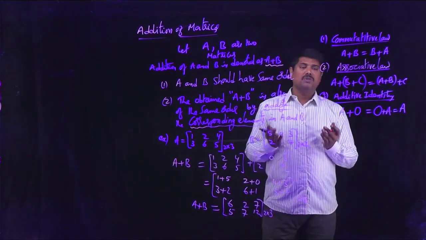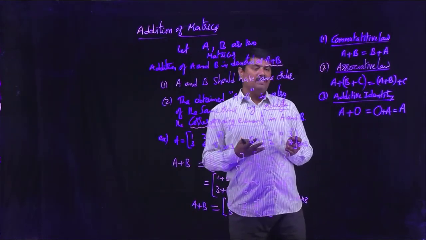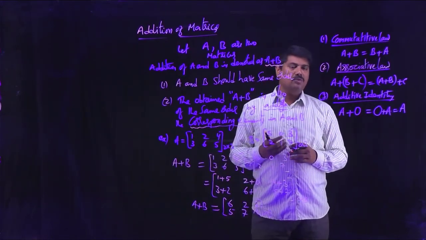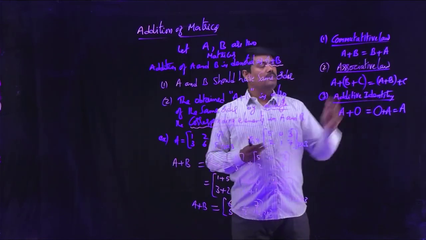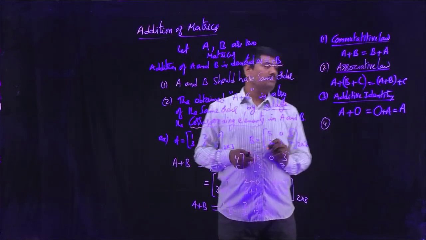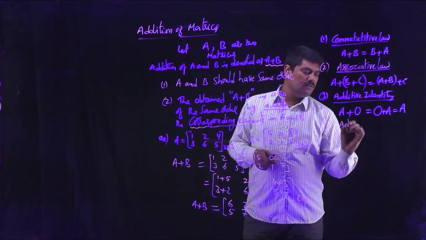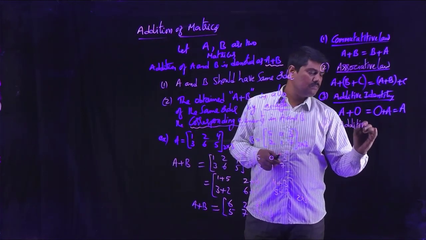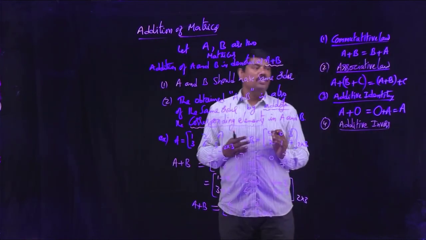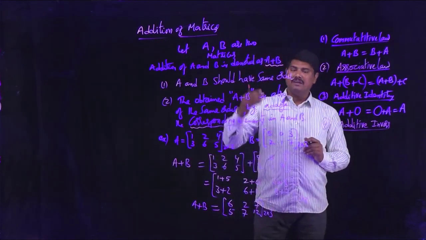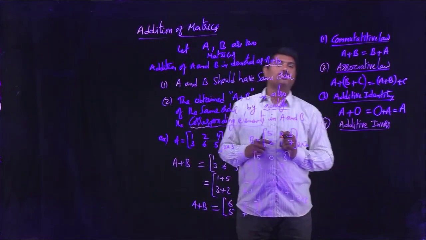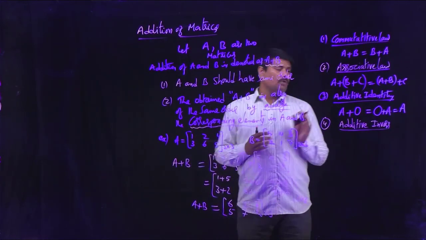Actually we discussed the null matrix. In a null matrix, all the elements are zeros. So by adding zeros to a number, there is no change of the value. So A plus 0 and 0 plus A both result in A. Next, the fourth point is additive inverse. These are the general properties of matrix addition: whether they follow the commutative law, the associative law, what the additive identity is with respect to addition for matrices, and what the additive inverse is